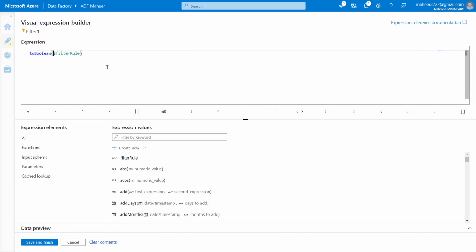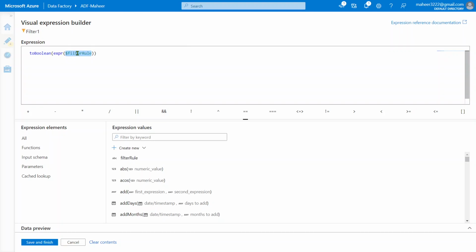for that there is a function available, which is called expr. This function helps you take any string and evaluate that string into an expression. This is the main motive of this video. This function helps you pass any dynamic string. I mean, your expression can be passed as a string, and the runtime data flow will try to convert that string into an expression and evaluate it accordingly.